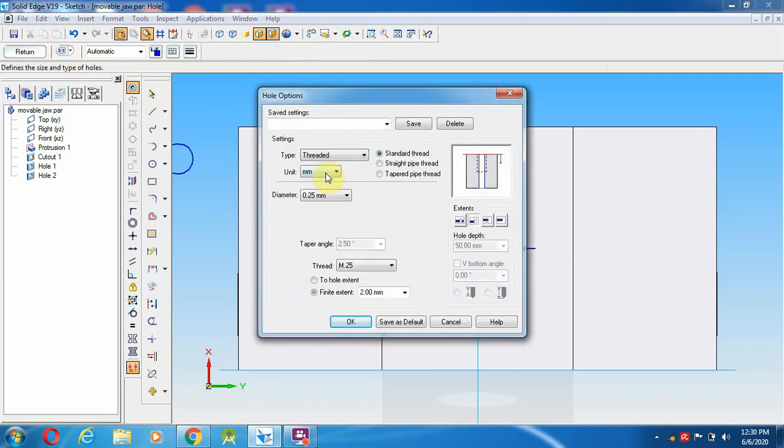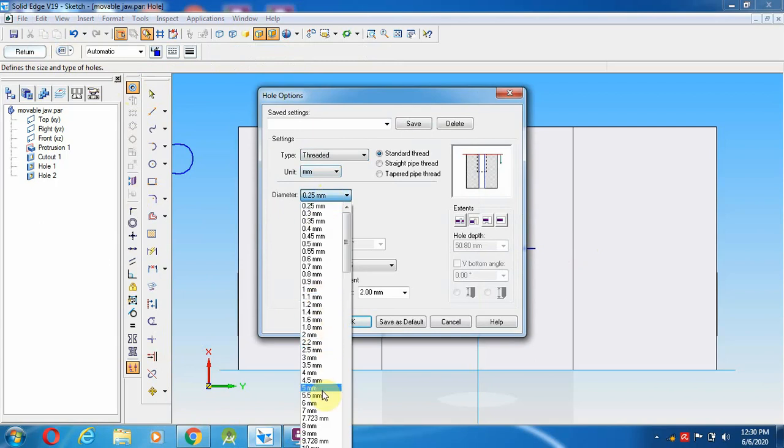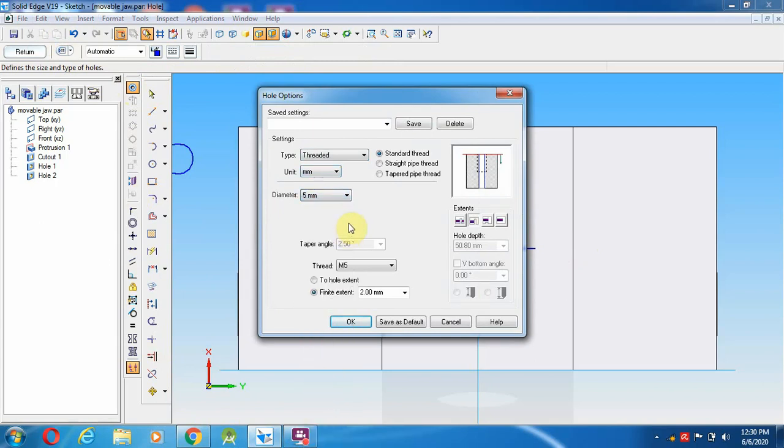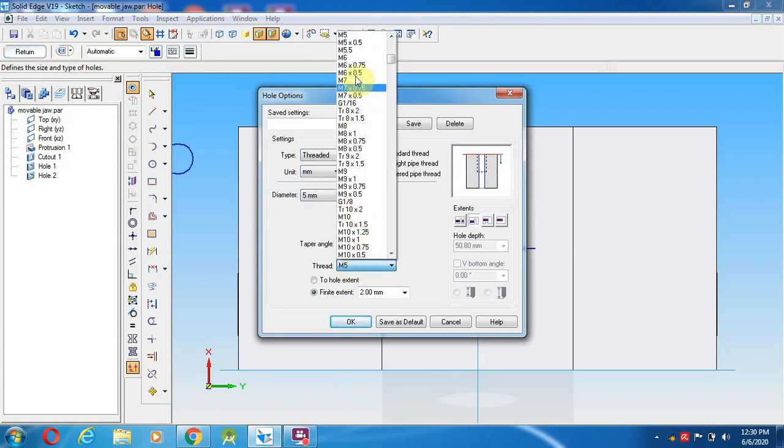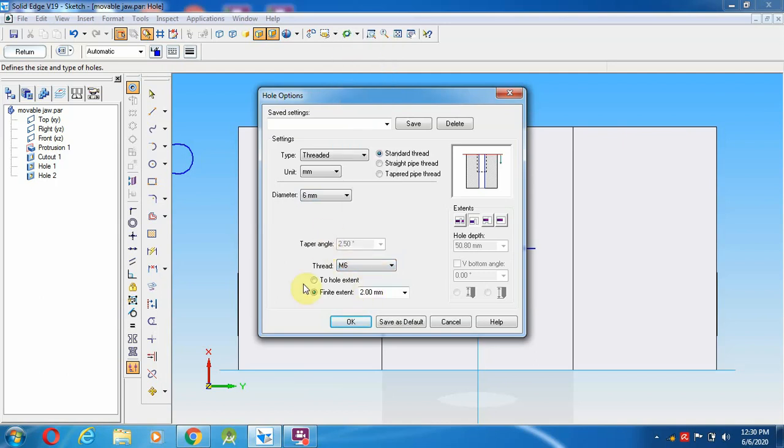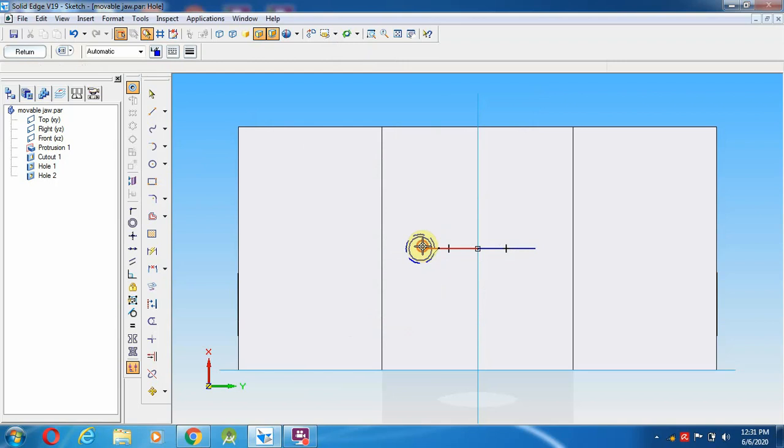threaded hole and 5 mm hole, M6, the hole finite extent is 10 mm. Then this will be 13 mm distance, and having the V bottom, we are going to keep it over here.